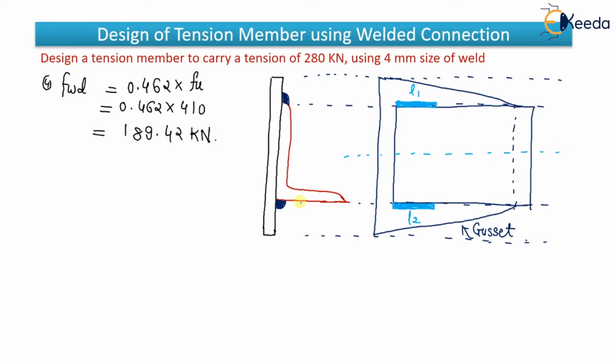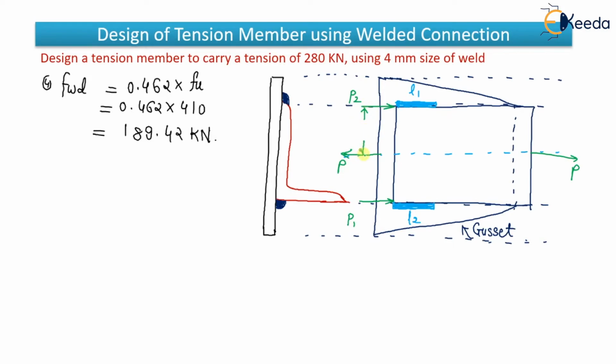So how will the load be applied? Let me show you. Let us assume that this one will be the load in this direction. This one will be your P. Now there will be a P here also. To counteract, or to keep it in equilibrium, this one will be P1 and P2, and obviously total P will be the summation of P1 and P2. This one is clear. Now what about this distance?